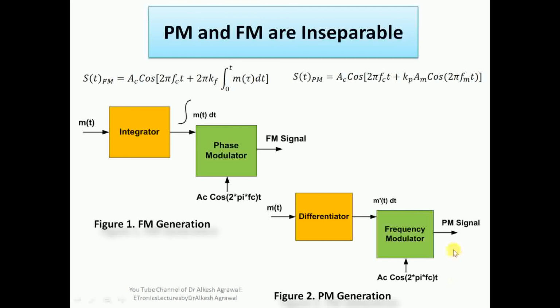In the second diagram, we can see a signal which is processed through a differentiator, and we have this kind of signal. If we frequency modulate it, that is, we have to integrate this. So when we integrate a differentiated value, we get this kind of signal. So through a frequency modulator, we are capable of generating a phase modulated signal. Like this, through these two block diagrams, we can easily prove that PM and FM are inseparable.